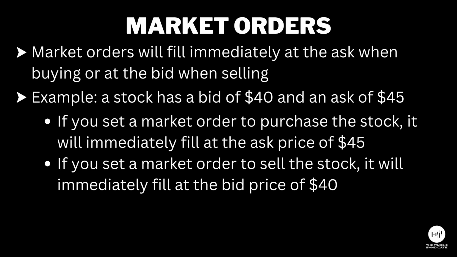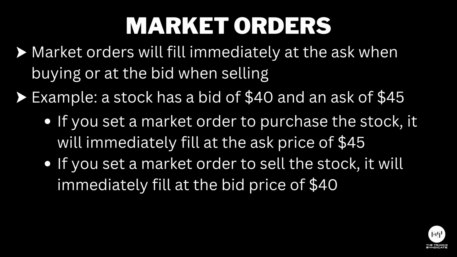The other way in which you can buy or sell an asset or security is through a market order. What a market order does is immediately fill your order so it buys or sells immediately. Typically, when you buy for a market order, it will fill your order at around the ask price. Likewise, if you are looking to sell with a market order, the order will fill around the bid price.